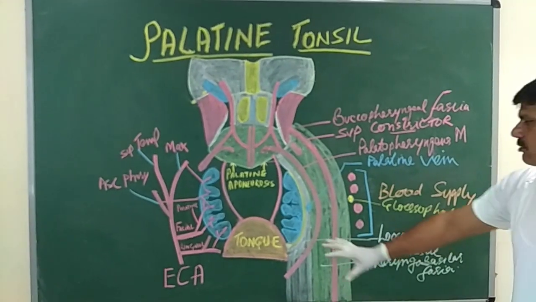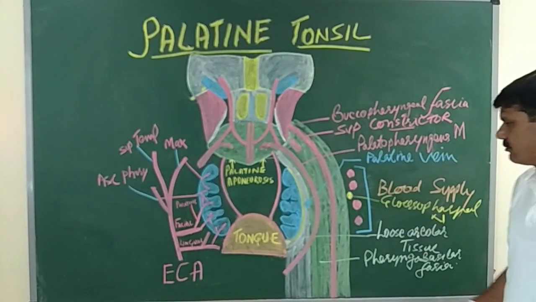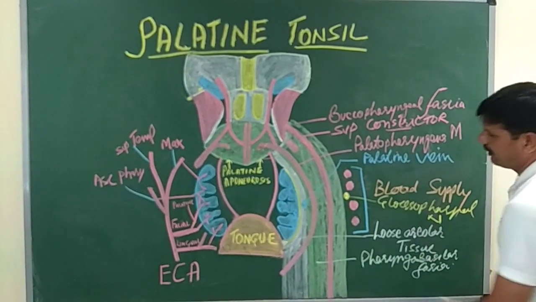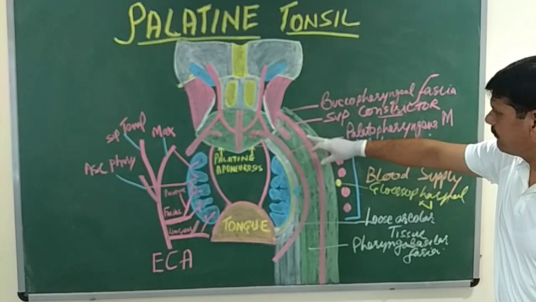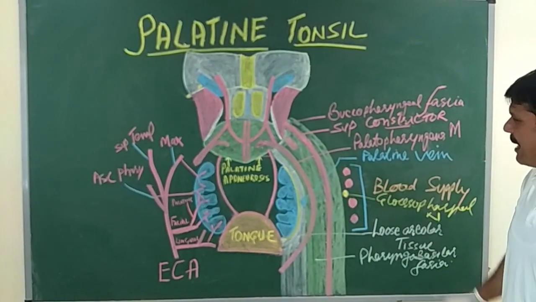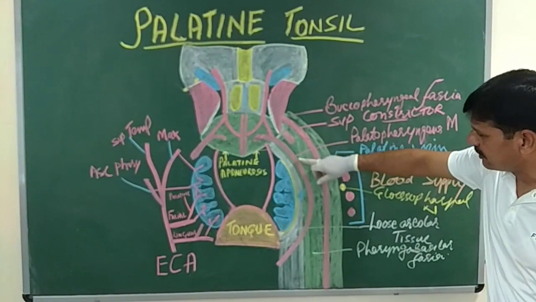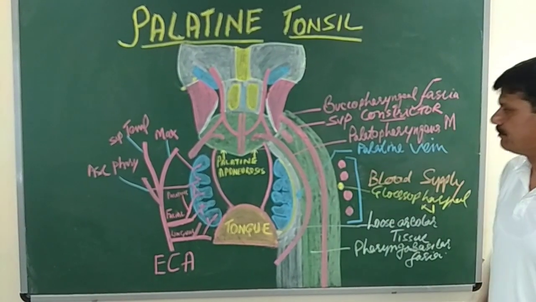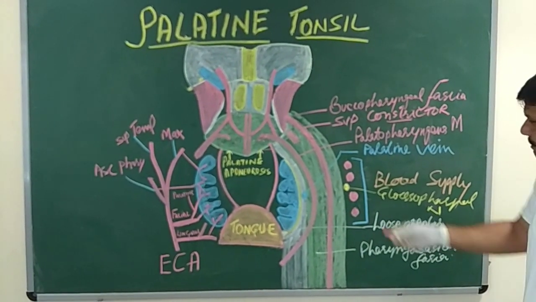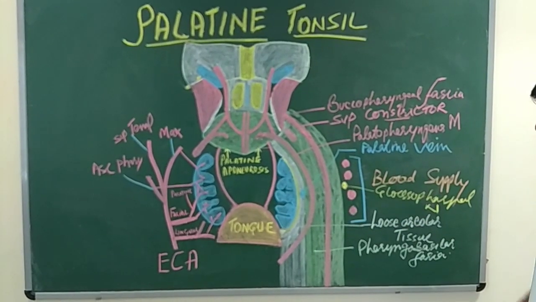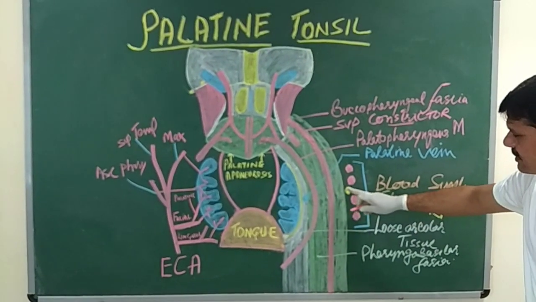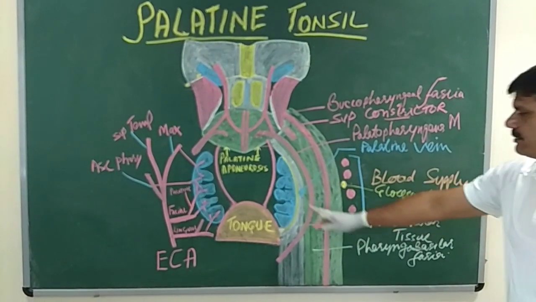More laterally, this tonsil forms the tonsillar bed. The tonsillar bed is formed by the pharyngobasilar fascia, then the buccopharyngeal fascia, and the muscular part. The muscles involved in the tonsillar bed are the superior constrictor and the palatopharyngeal muscle. More laterally, we have a number of arterial branches to the tonsil, and one important structure, the glossopharyngeal nerve, which also lies lateral to this tonsil.